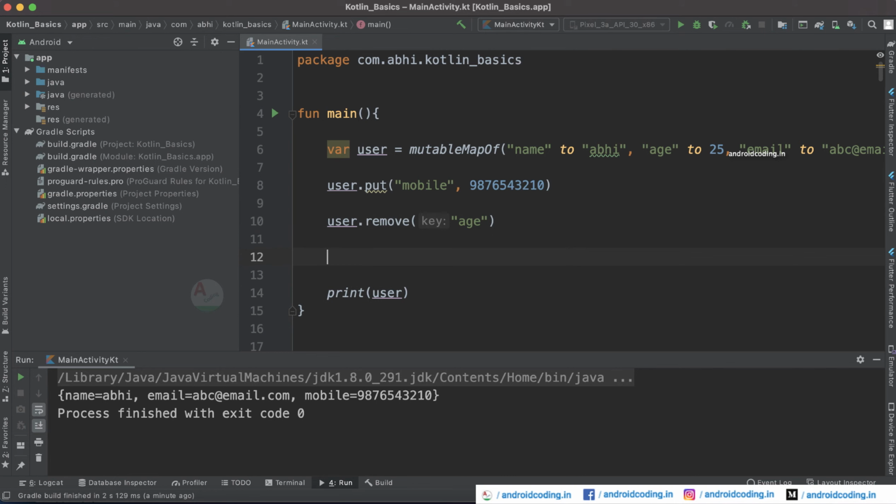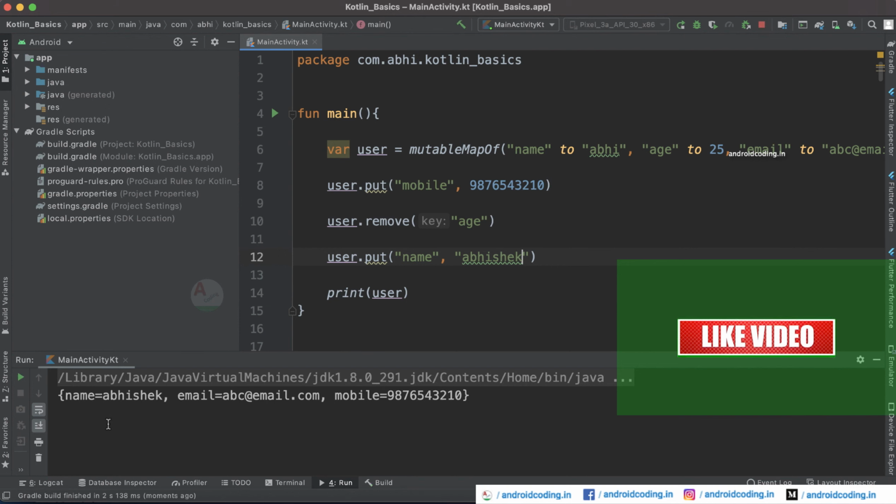Now let us update the existing information. put, and here I will be passing name, and I will be updating it with a new name. Now you can see the updated data here.